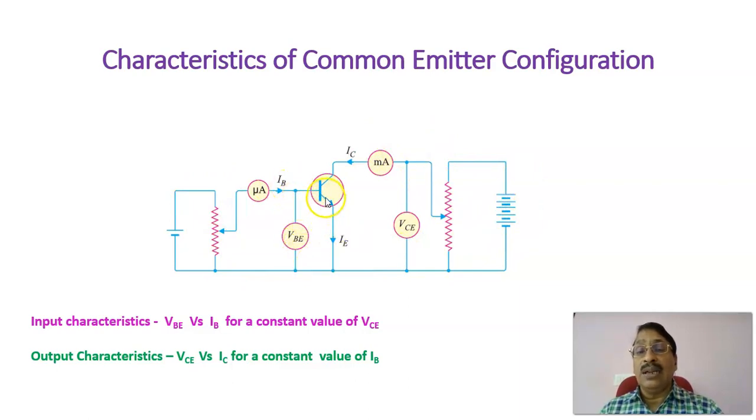is the input voltage to the amplifier, and input current is equal to IB. That will be very small, that's why in microampere level, and the voltage VBE is the input voltage. That is forward bias also. Emitter junction is forward bias. That is why here it's an NPN. This is a P. For that we are giving a plus polarity here. This is a forward bias. Emitter to base junction is forward bias.